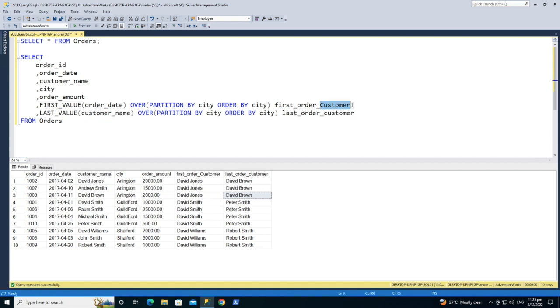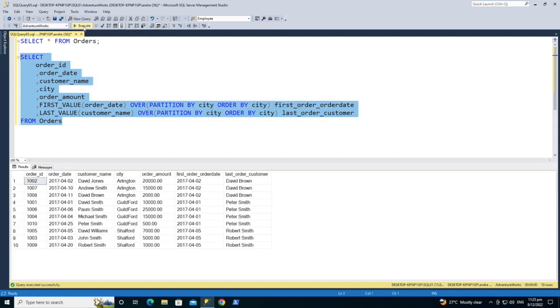And we're going to change this column to ordered date and execute. So what we're seeing now is the data being returned, and what we had changed was customer name to order date. So what it is doing now is looking in the order date column and returning the first order date based off of the city,